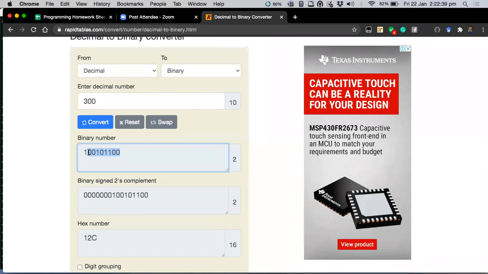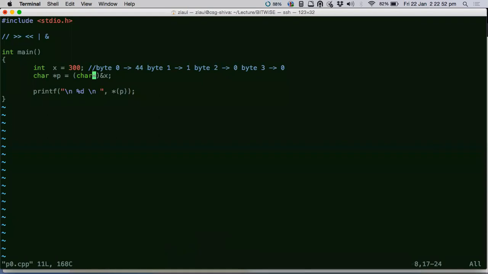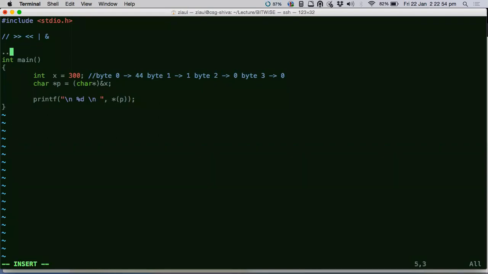If I ask you to write the bit representation of, let's say, 6, you write 0, 1, 1, 0, right? So this is the LSB and this is the MSB.